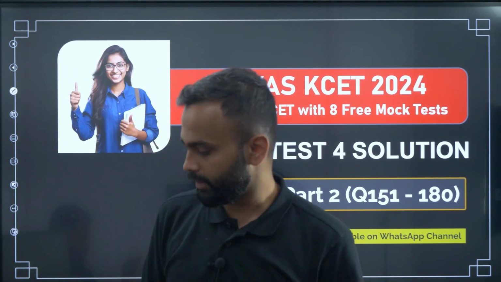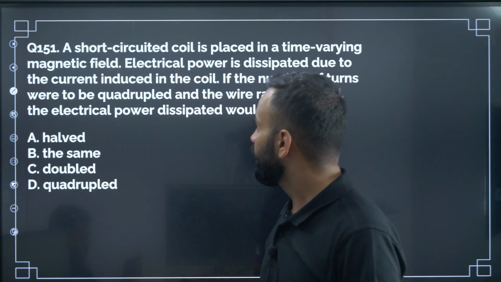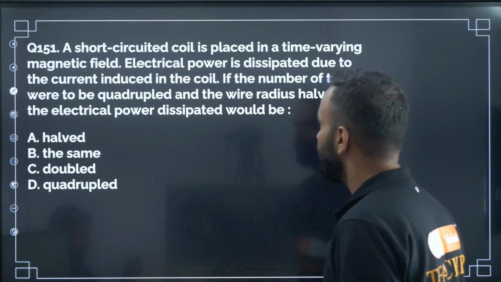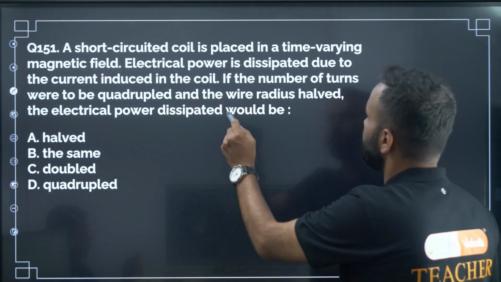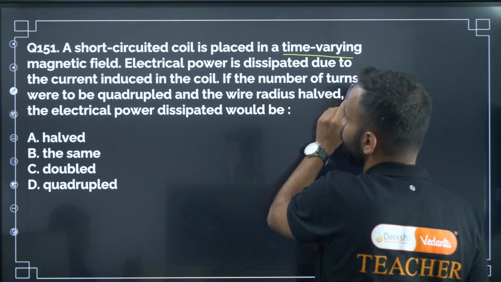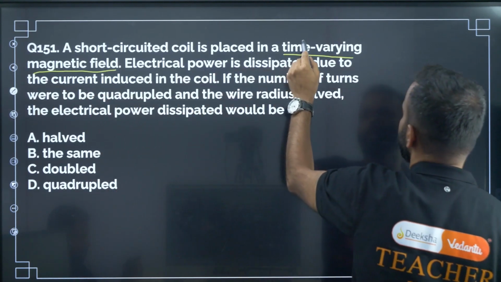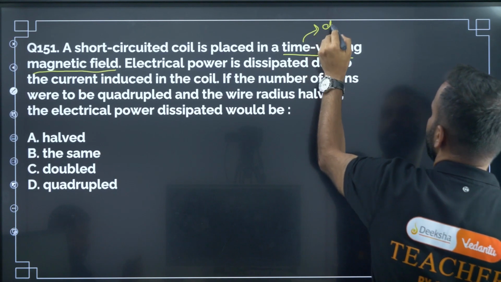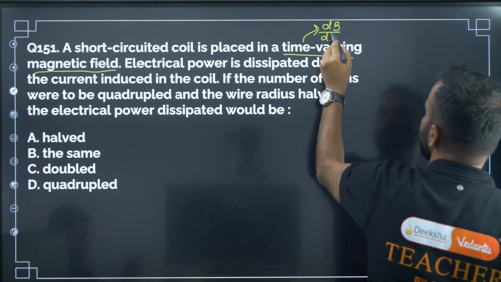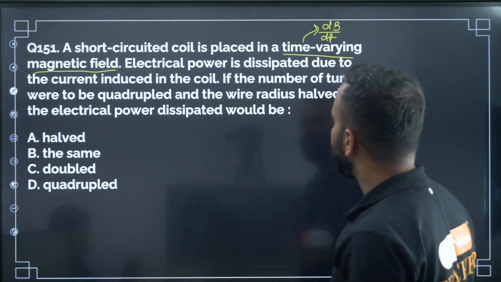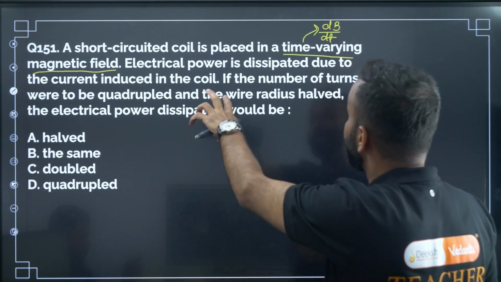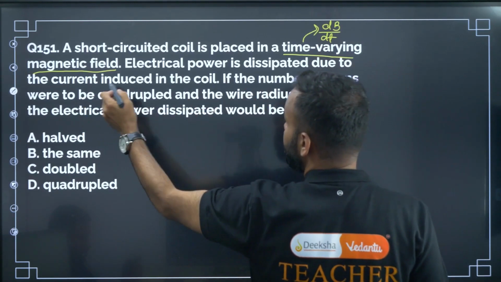Okay, so let's start to solve the questions. Question number 151. A short circuited coil is placed in a time varying magnetic field, that is dB by dt, right? The current induced in the coil, electrical power is dissipated due to the current induced in